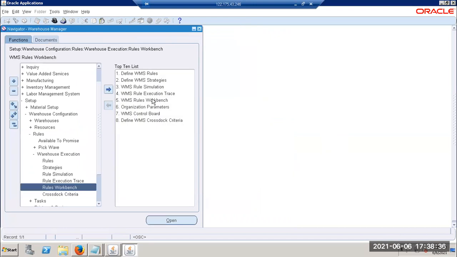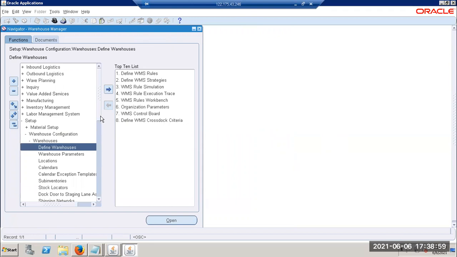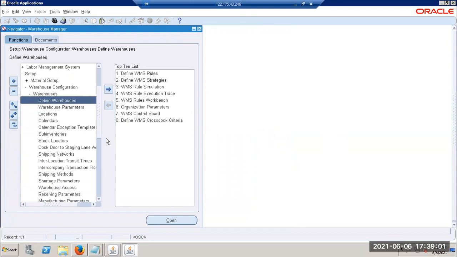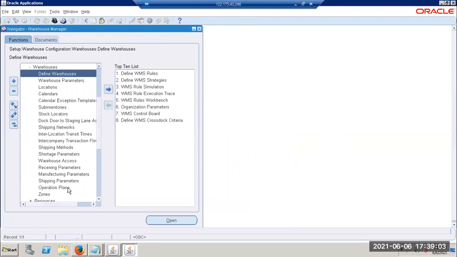The main thing is, now we have not seen something called an operation plan. An operation plan is something you perform when you want to do seeded operations, which will usually be available. You can go to warehouses, scroll a little down, and you will find something called operation plans.